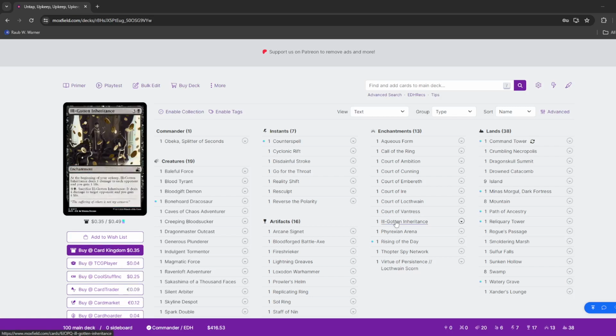Ill-Gotten Inheritance. At the beginning of your upkeep, Ill-Gotten Inheritance deals 1 damage to each opponent and you gain 1 life. You can pay 5 and a black and sacrifice it. It deals 4 damage to target opponent and you gain 4 life. This isn't as strong as the one creature that pings everybody for 1, but you gain life equal to all the damage dealt. It only